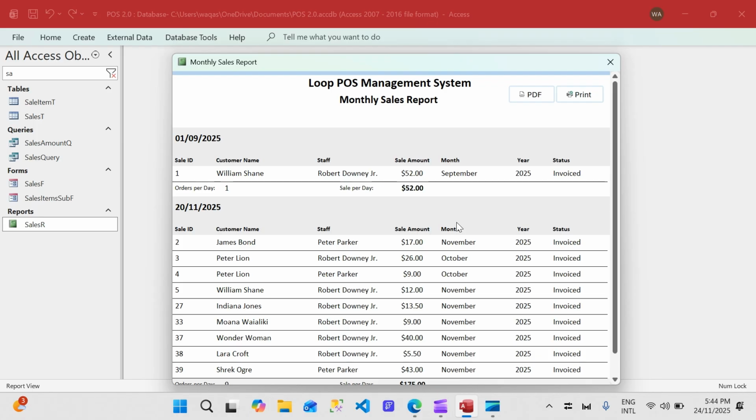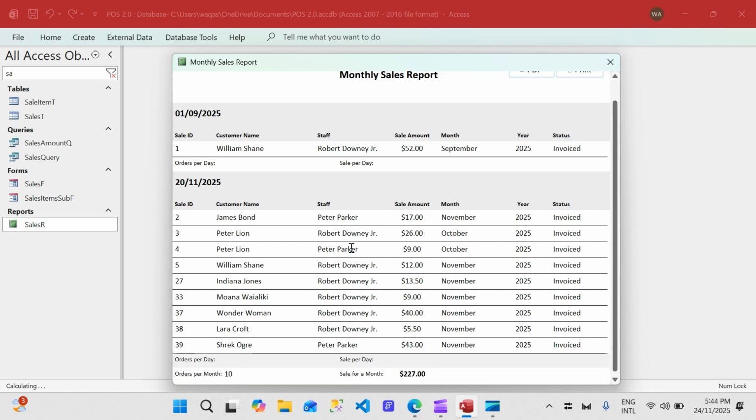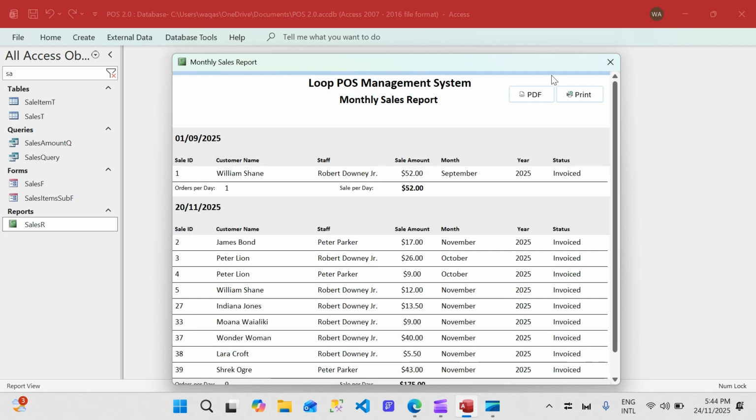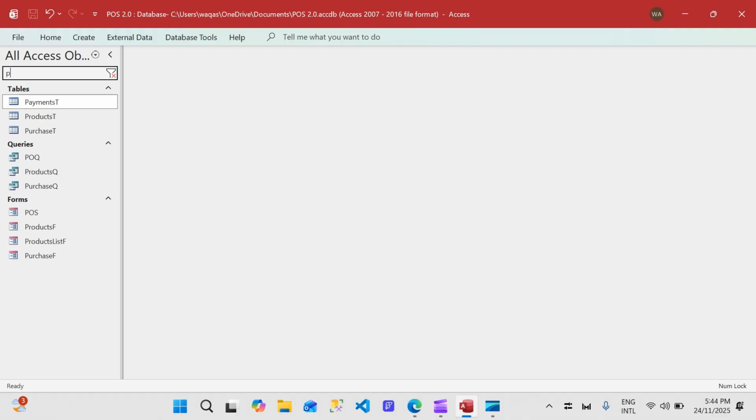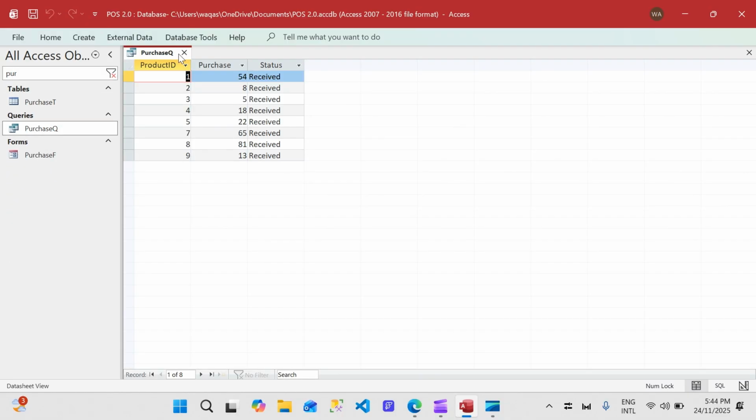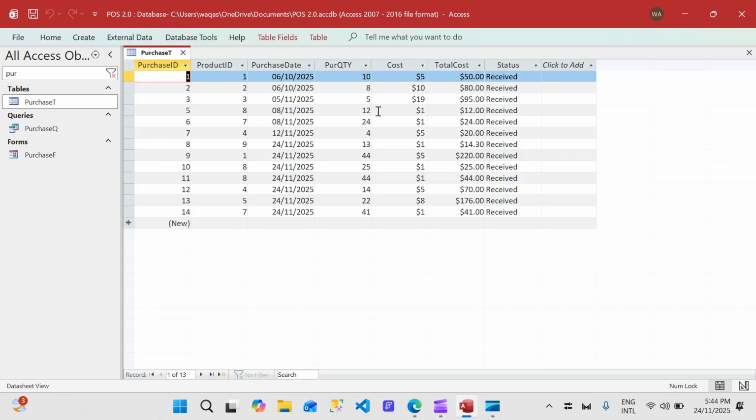Now, what we need to do is make a similar report for the purchase. This is for sale. We'll make a similar report for purchase. Now, how do we do that? Well, we'll keep the same template perhaps, but we'll use different data. If we go to here, we'll say purchase, and we do have a purchase query, but that is not enough. But we have a purchase table. So I think from right here we can use this purchase table in the query designer, and we can